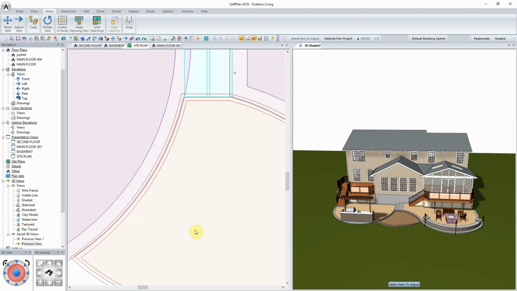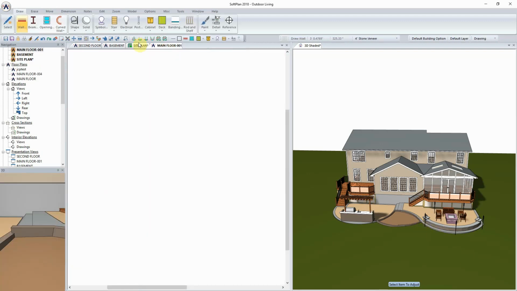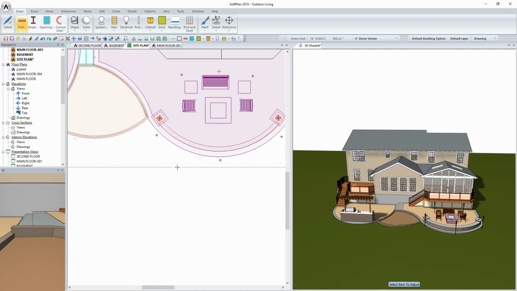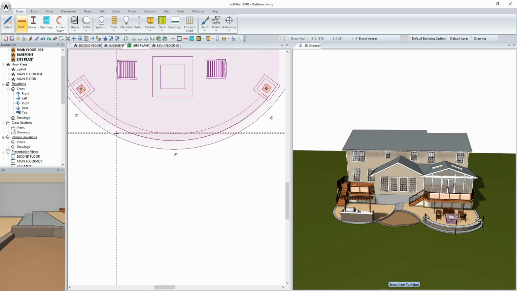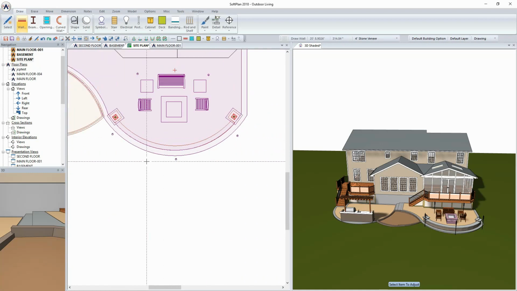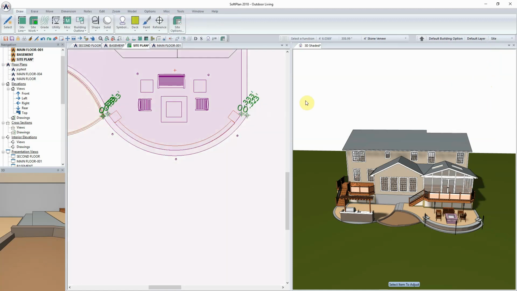So picking up at this stage now and zooming in here, what we're going to do is inside the site plan mode, I'm just going to zoom this area up. And these little symbols here, if you'll recall in the previous chapter, were just little tiki torch lights that I threw in there. And so I'm going to come in and I'm doing this again from within site mode. And that's kind of the key here, is just flipping back and forth between the modes of where information is going to be found. And I'll pick the site work, and this time I'll pick the planting bed,